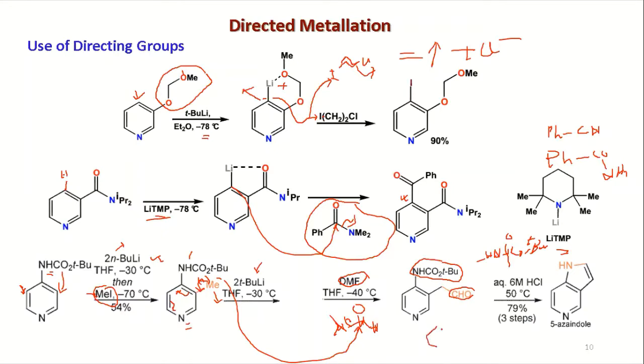Initially it will be generating this one. So this double bond N will be generating. Now this is a benzylic position, so it will try to be rearranged this way, and it will generate this as the compound. So this way you can construct different compounds too. You can synthesize different compounds. The main thing is where the lithiation is going to take place, based on your directing group.